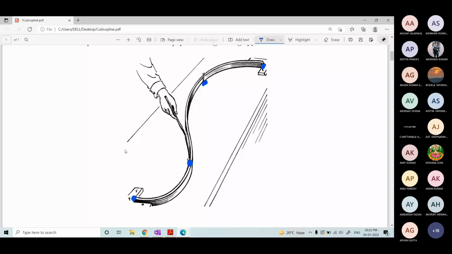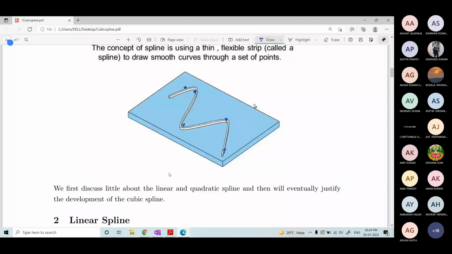Another picture is there to understand the concept. You see, these nails are the data points. If you want a smooth curve, you consider a thin metal strip and you trap it through the nails in this manner, and then you simply follow the metal strip to get a smooth curve. So this thin metal strip is what is called a spline. What is our plan here? We will be joining 2 consecutive data points by a 3rd degree polynomial. In that case, we will get a cubic spline.